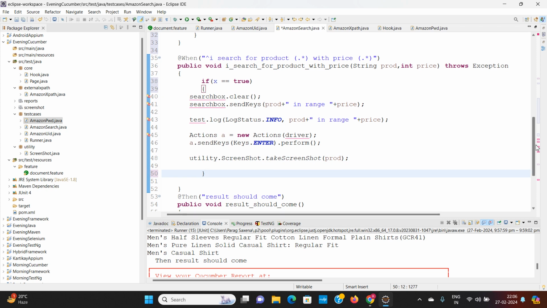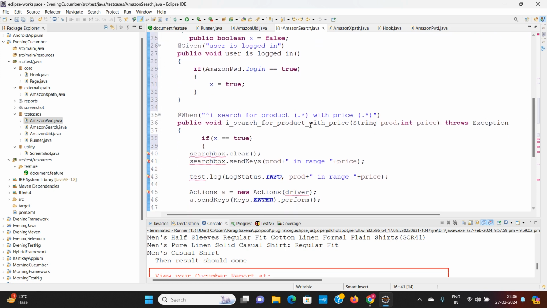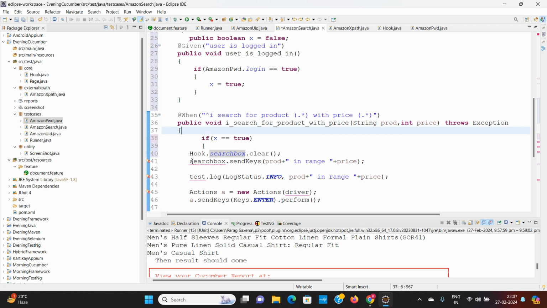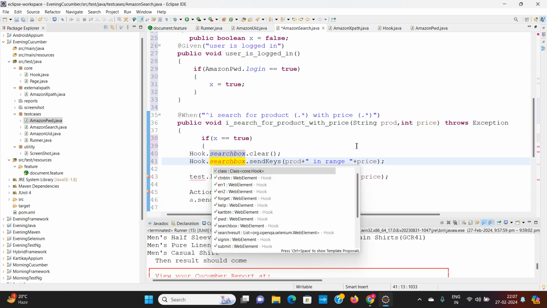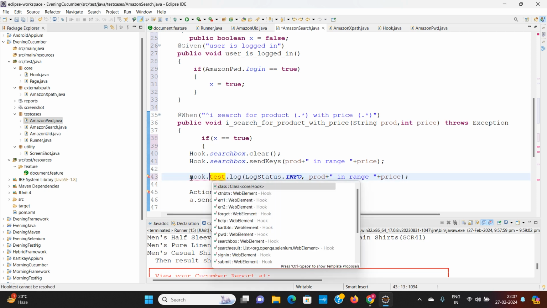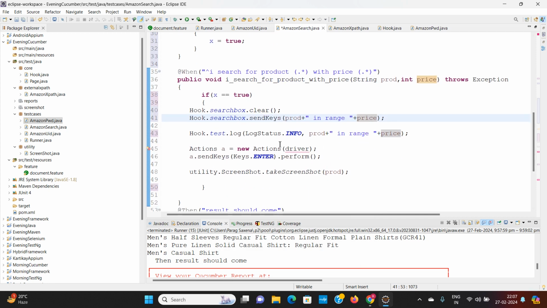And now because we have removed extends hook, whatever variables we use, we'll use in a static way, like hook dot, hook dot, hook dot. All the variables I have created, WebDriver and all the elements, are static.